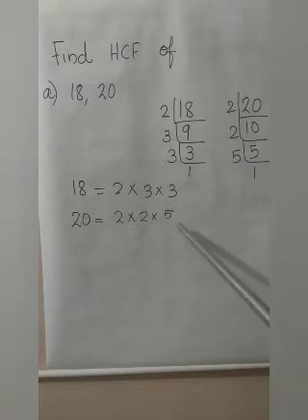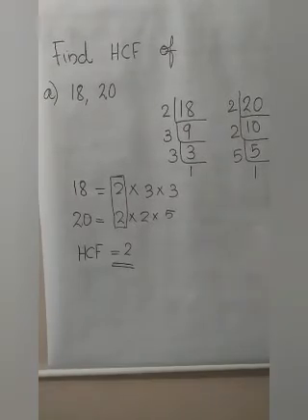No. Here I have 5, but do I have 5 here? No. So in both the factors, we have only what in common? 2. So we can say the HCF of 18 and 20 is 2. So we found the HCF of 18 and 20 is 2. In the earlier method also we got the same answer. The answer will be the same, but you have to do it in the prime factorization method.